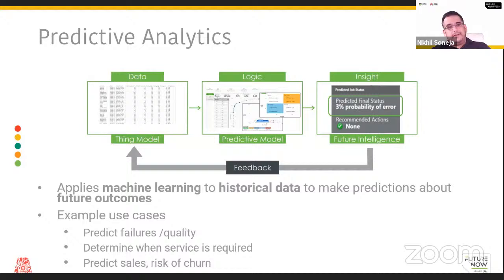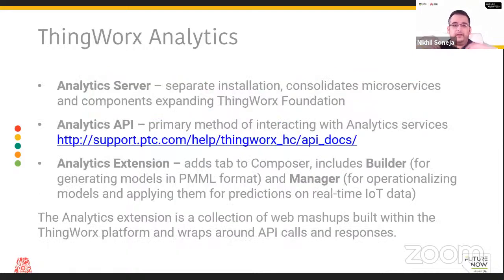You could predict degradations in quality. You could predict how to improve quality. All of this makes us more efficient in all our scenarios. You could predict sales. Once you have churn information coming in, like the risk of losing customers, all of that can be determined in advance, and you can determine when service is required for a device. So there are many different things you can do with predictive analytics. Again, this is stuff we covered in the last session, so I'm not going over that again.